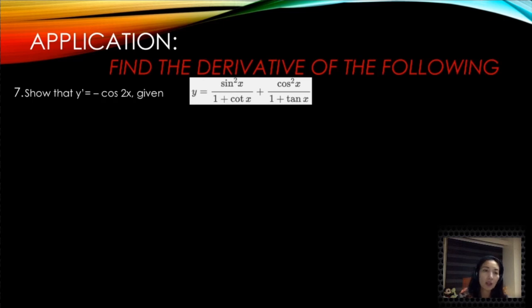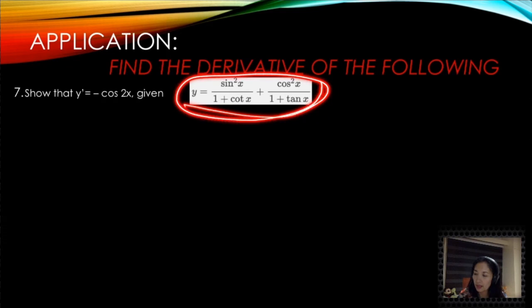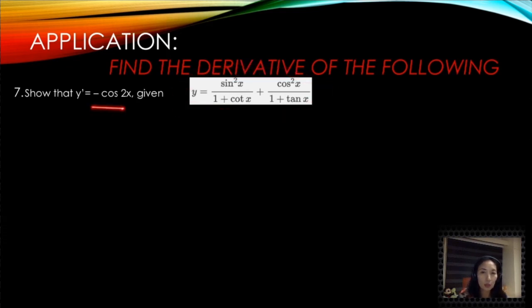Now we move on to problem number 7. For problem number 7, we have to show that y prime is equal to cosine 2x, from here. The derivative of this is equal to negative cosine 2x. Okay, so here you could